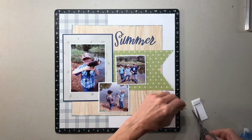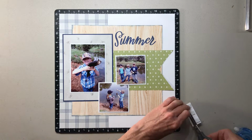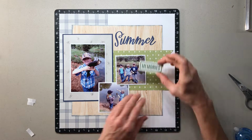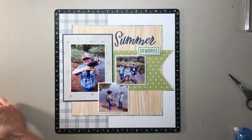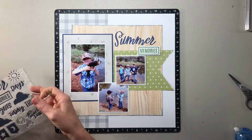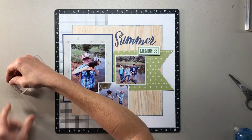So here I'm just using that dimensional foam to pop this up like I mentioned earlier. I go through quite a bit of this stuff. Sometimes I use sheets of adhesive back craft foam for the larger objects, but this little roll works great for smaller embellishments like this. So I want to incorporate more of these stamped images, and so I have a few